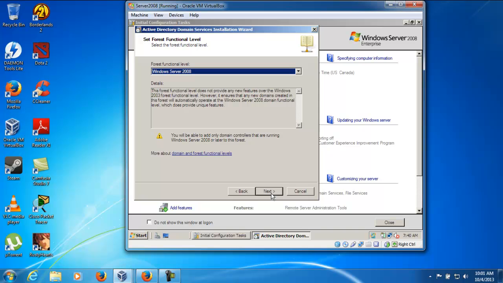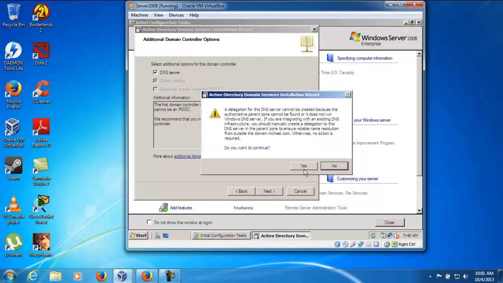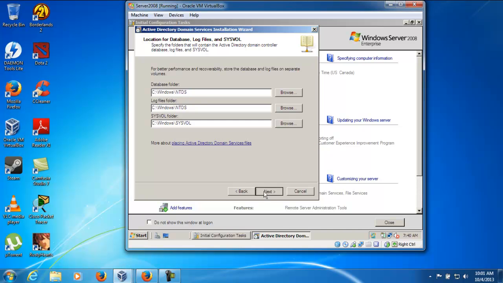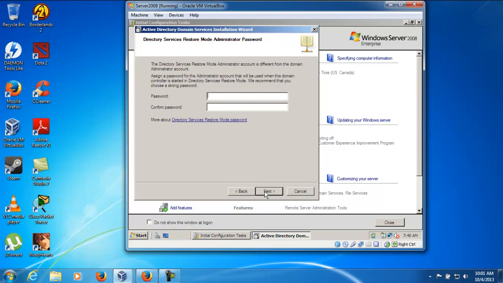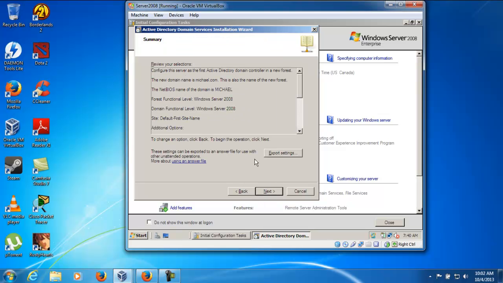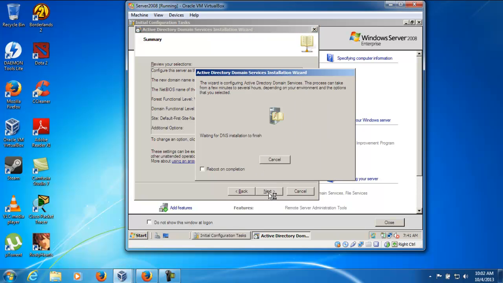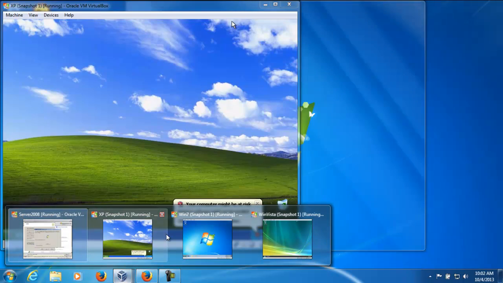So I'll click next with this, and yes, next. We don't want to export settings. You would click next, and when this is finished installing, then I would add the other operating systems to the